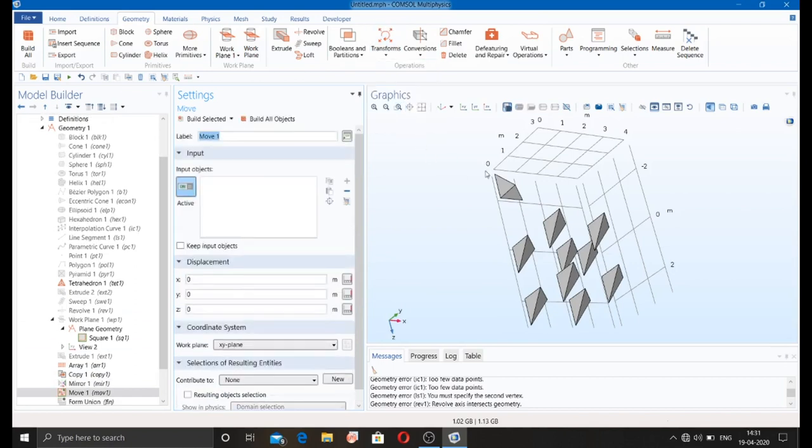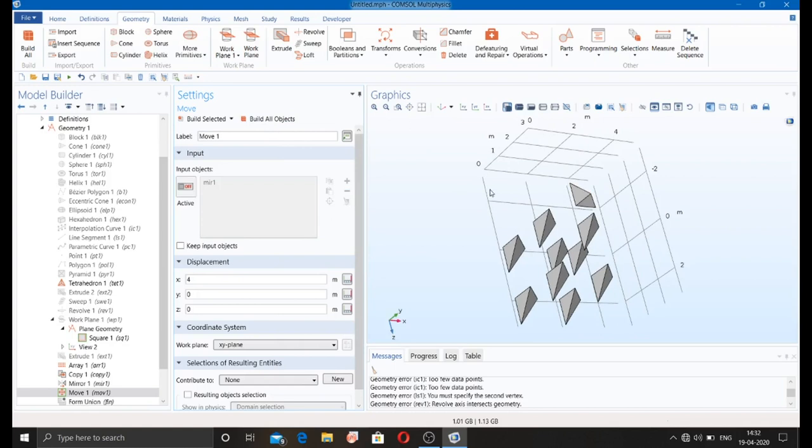Now moving one part, this tetrahedron, in XYZ direction. I am just giving the displacement of 4, oh sorry, and it moves from here to here. If I select keep input object, then this is the input object and this is the output object after displacement.